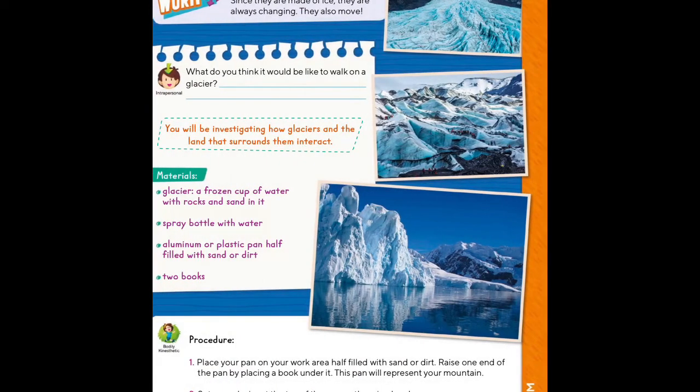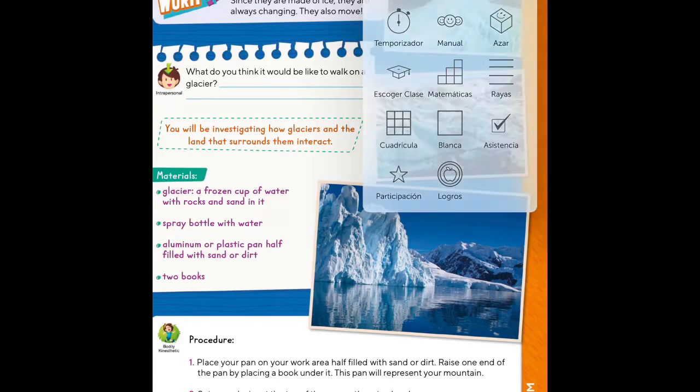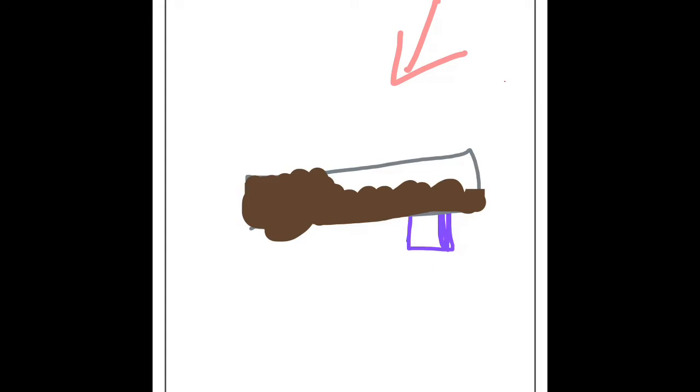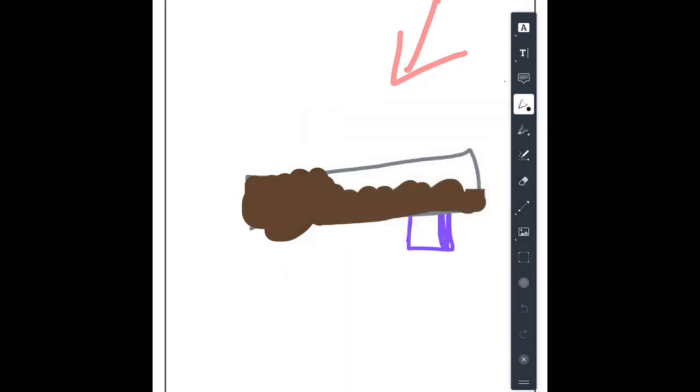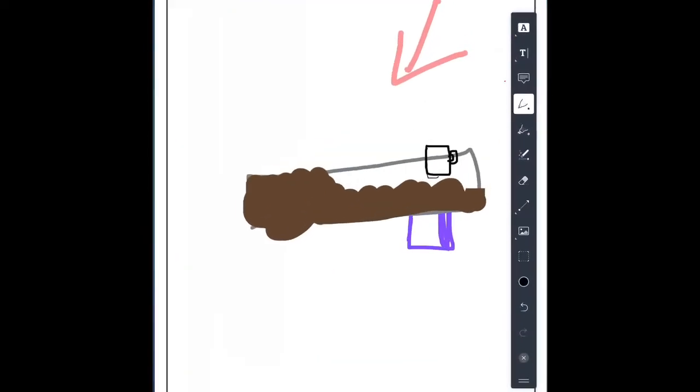Okay, now let's go back. It says, now number 2, set your glazer at the top of the pan on the raised end. So it says that we're going to put our cup on the end that we raised, that is this one, okay? Then